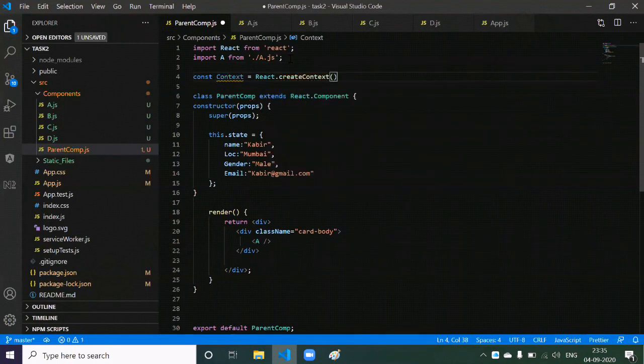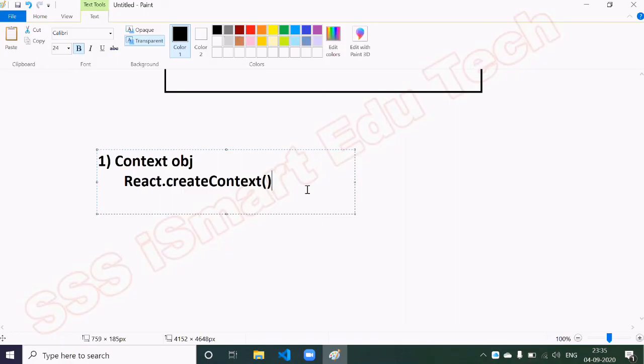This is the method, and we are passing an empty object, which means initially it is empty, there is nothing present. So we have created the context. Now the second step is, whenever you want to provide this context object to the components, for that what you have to do is